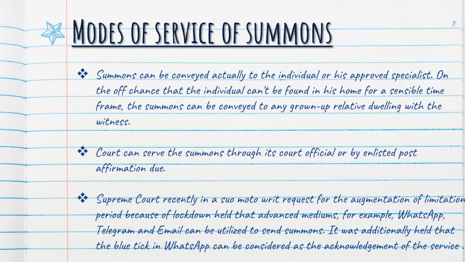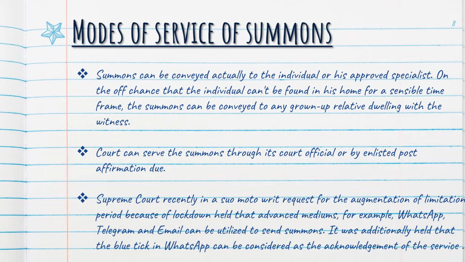The court can serve summon through its court's officer or by registered post acknowledgement due. This is the most preferred method as there is proof in the acknowledgement slip and there can be no false report of service of summon. If the person consciously avoids the summon and cannot be reached by any means, the court can affix the summon on the door or other conspicuous part of the house where the person resides